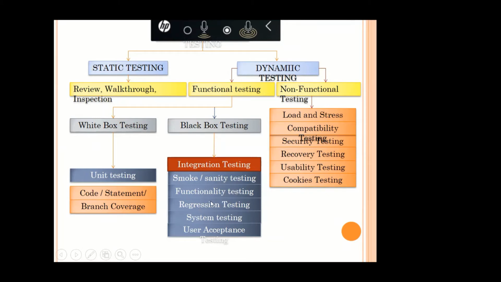release the software. That time, the testing we do is the regression testing. Once a bug is fixed, we test again from the start. Why do we test again from the start? So that it won't affect the functionality of the other features. That's why we perform the testing again from the start onwards.